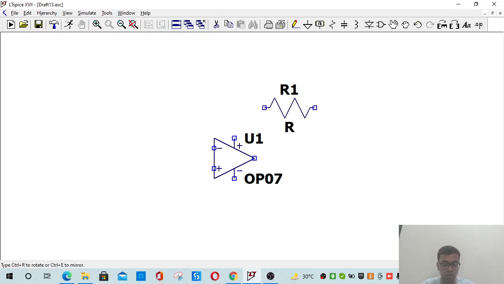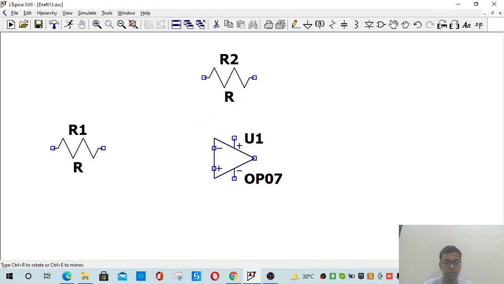Like in the last experiment, we had connected the voltage source to the inverting terminal. Now we'll be connecting it to the non-inverting terminal, which is the plus sign over here. Over this plus sign will be the non-inverting terminal, and we'll be connecting the voltage source over here. Now we'll be placing our resistors. First resistor we will be placing in series with this. Now we will be placing one for the feedback part. I think we are done with the resistors.